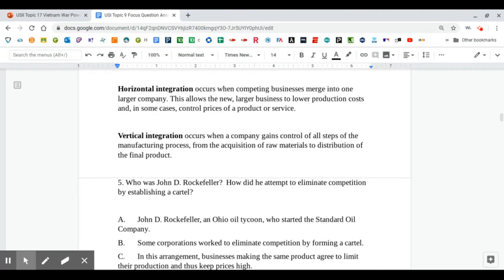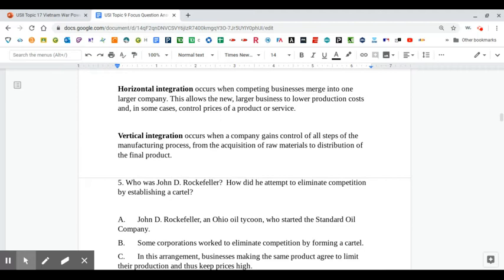Vertical integration occurs when a company gains control of all aspects of the manufacturing process, from the acquisition of raw materials to the distribution to the sale of the final product. So if you want to look, let's say, at an oil company today, if you own a vertically integrated company,